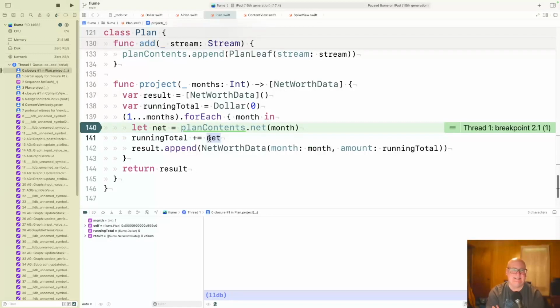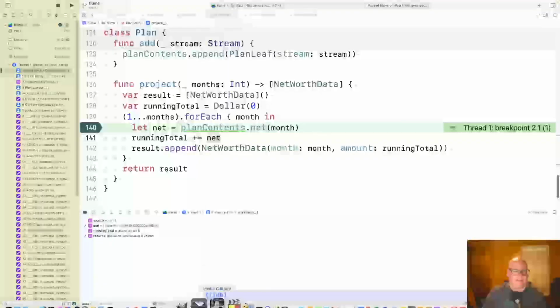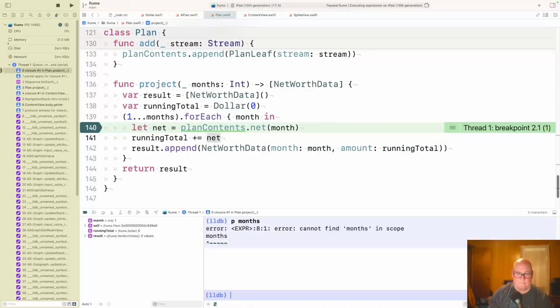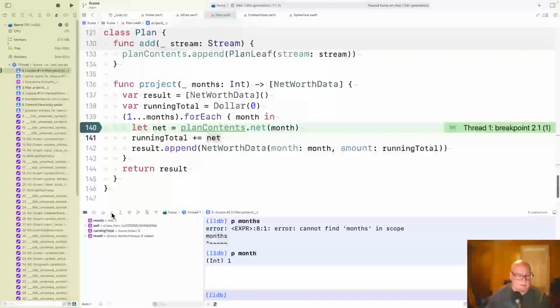Oh, am I stopped? Okay, I'm sitting here waiting because I'm stopped. All right, so now we got months. Cannot find months in scope. Well, how about month? Month 1. Okay. And let's step into